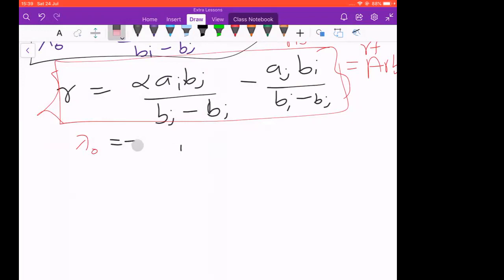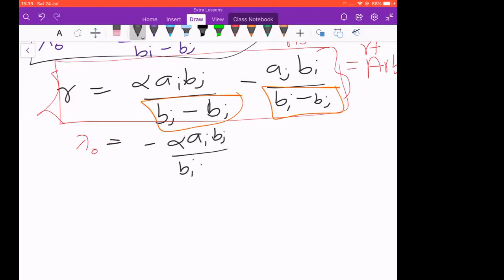Okay, so you can write it down like this. So you can see that on this side you have j, again I'm like bj minus bi. Here you have bj minus, again I'm like bi minus bj. So you would want to make it negative. So you would have equals to negative alpha ai bj over bi minus bj minus aj bi over